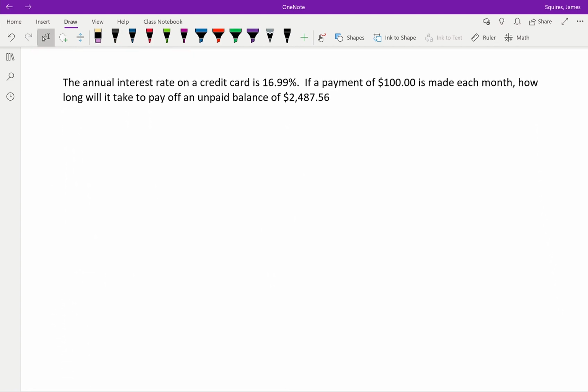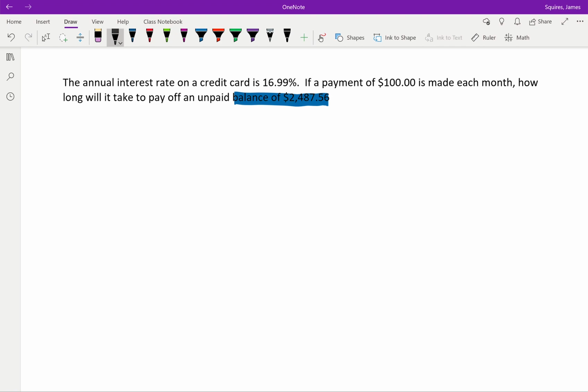All right. If the annual interest rate on a credit card is 16.99%, and a payment of $100 is made each month, how long will it take to pay off an unpaid balance of $2,487.56? When we see this unpaid balance of $2,487.56, you can think about that as